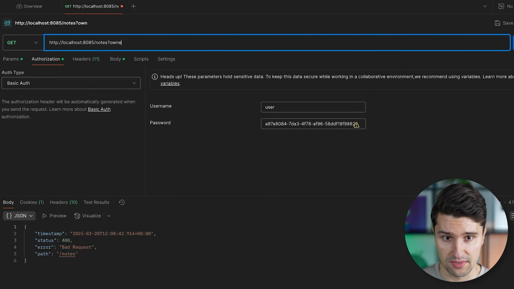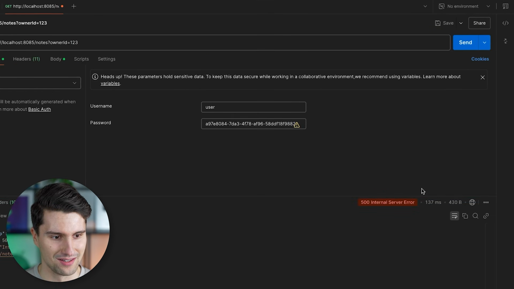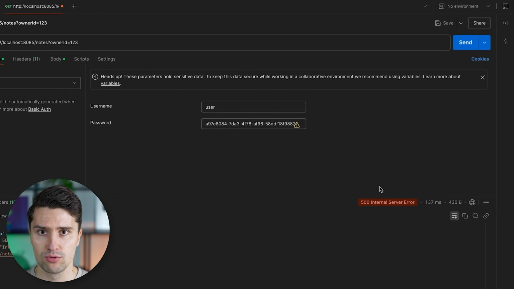And the client, in our case Postman, did not explicitly provide this owner ID. So if we would provide this by saying ?ownerId and we set this to something and hit send, we get another specific status error code. In this case, internal server error. Internal server error means something crashed on the server side. So not the backend itself crashed, that is kept alive by Spring Boot, but something went wrong. So our input led to some kind of exception being thrown on the server side,